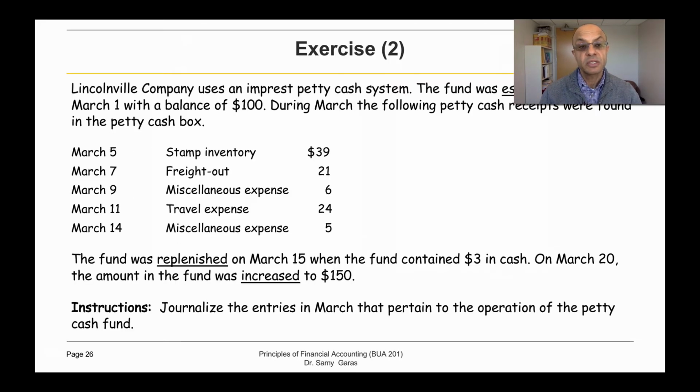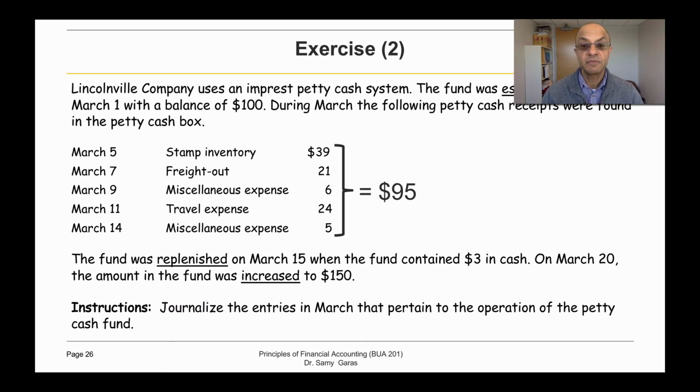A company here decides to set aside $100 for the petty cash fund. And during the month, they made some expenses for stamps, freight out, miscellaneous, travel, and so on. And on the 20th of March, they decide to increase the fund to 150. So before we start working on the journals, let us add up all the expenses. If we add all these numbers, we get,